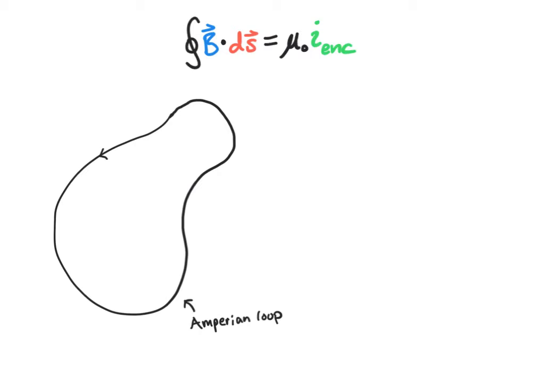Next, what do I mean by enclosed current? Unlike with Gauss's law, we don't actually have a fully enclosed 3D volume where a charge is inside it or not. But what I mean is current that passes through this loop. So imagine that there are wires going into and out of the screen that you're looking at, each with their own currents and directionality. The currents that pass through our Amperian loop are the enclosed current within the loop. And so in this case, Ampere's law tells us that the loop integral of B dot ds is equal to mu naught times the sum of all the enclosed currents within our